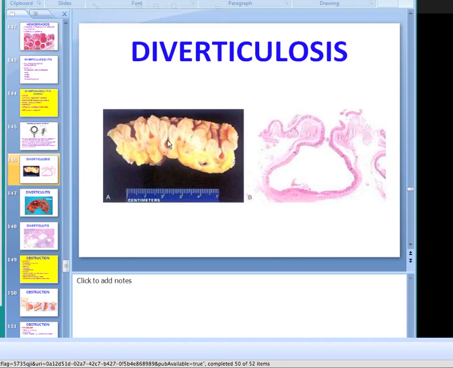Here's what they look like grossly. If you do a good gross picture, you can see you have your normal little infolding of mucosa, but look, some of those little buggers are going all the way out. That's a classical diverticulum. So is that, and possibly so is that, because you're not always very lucky to see the actual connection between the diverticulum and the mucosa. More likely than not, it's kind of been fibrosed over and all you see are these little pockets